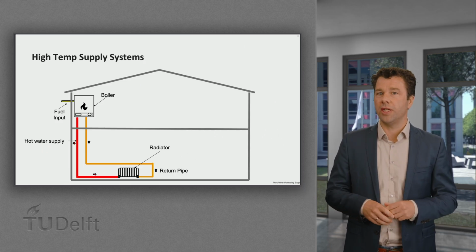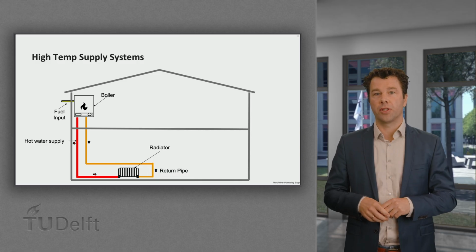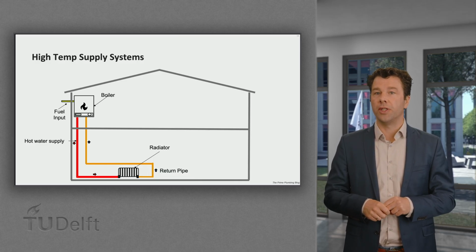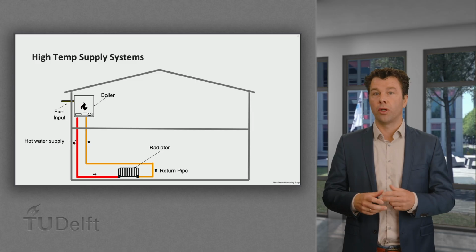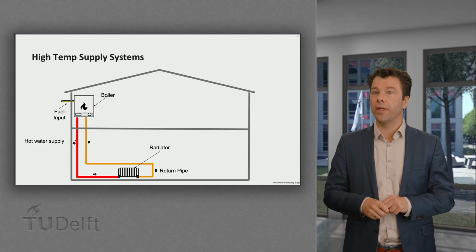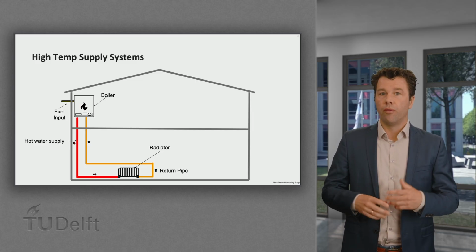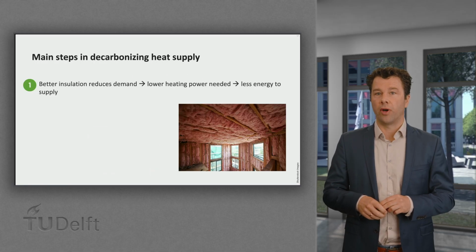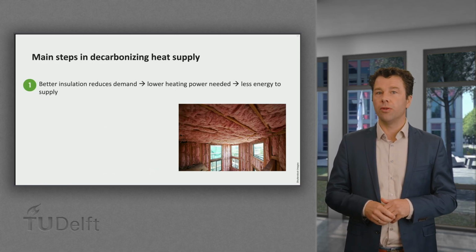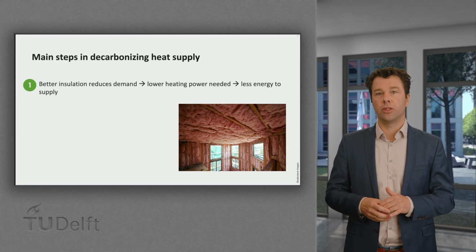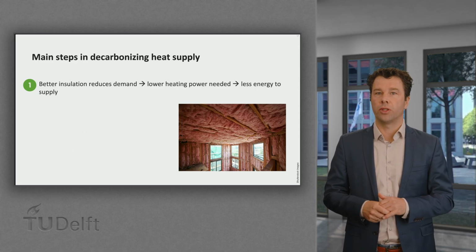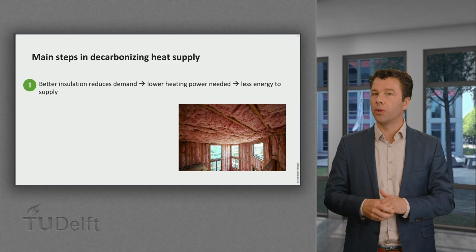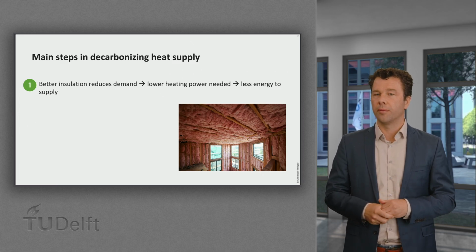With fossil fuels, it's easy to get high supply temperatures as we burn gas at over 1000 degrees. Therefore, radiators in such systems have a much smaller surface area than underfloor heating. Following from what we learned in this lesson so far, we have two main things we need to change in existing buildings or processes, and do differently in new buildings and processes, to facilitate the use of lower supply temperatures for heating.